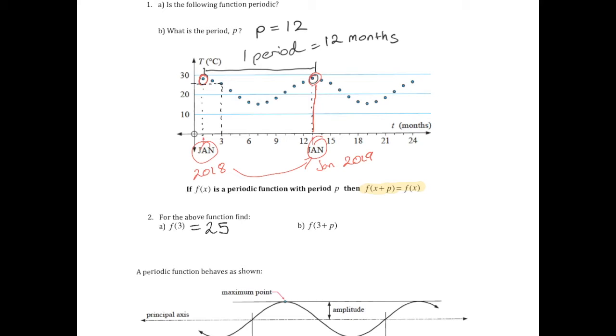Okay? So in that case, what's f(3 + p)? Oops, sorry. What must that be? It's still 25, but I'm gonna go back to what you were saying. Yes, you can write down just 25, but let me explain it. As you were saying, girls, 3 plus p, that's f(3 + 12), which would be f(15). Does everyone agree with that line? Yeah. So if I go to 15 now and go up and go across, it looks like it's about 25 as well. It is what we thought, but using this rule,